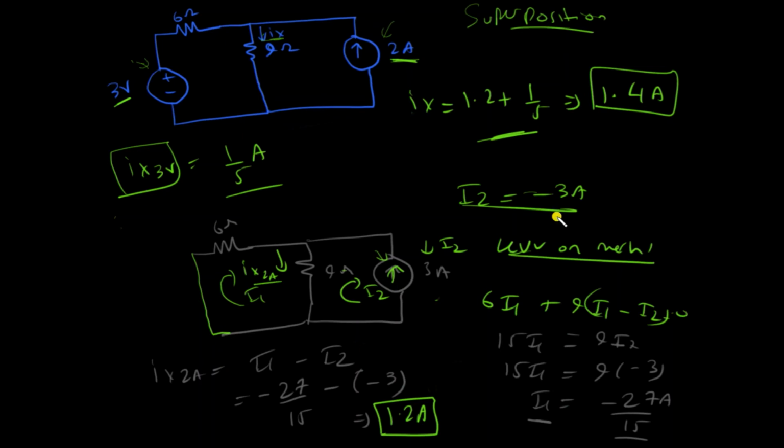You just consider one independent source at a time and then solve the circuit. And this sometimes makes the circuit much easier and simpler to solve because you have less sources to deal with and less branches to deal with. And this is why superposition principle is pretty important. In the next video, I'll show another example of the application of the superposition principle.